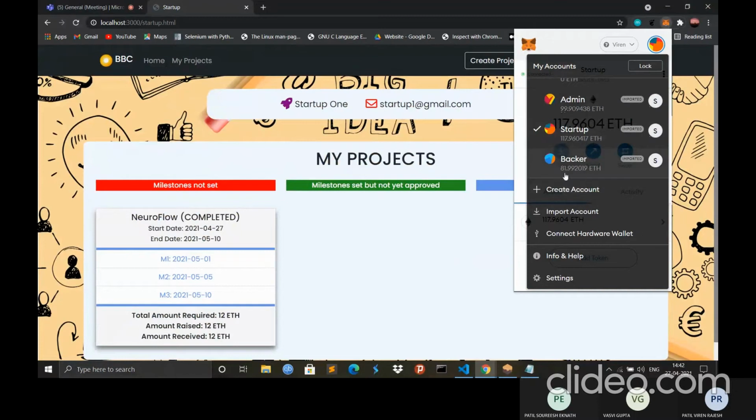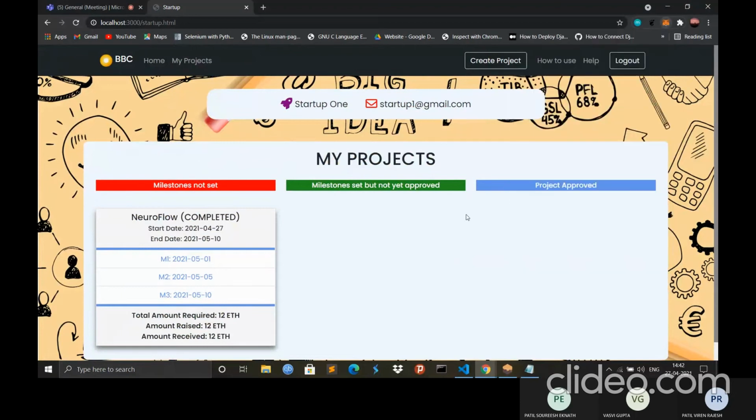It was 2/3 of the amount the backer funded to the project, as 1/3 of the amount funded was received by the startup as it completed stage 1. But as it could not complete the remaining stage, the remaining amount is sent back to the backer, and its balance is increased from 69 to 81, that is 12 ethers.